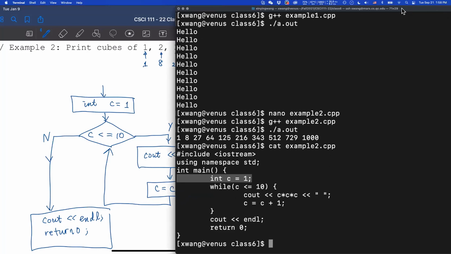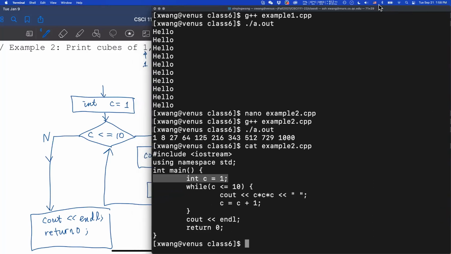Okay. Professor, I have a question. When you put the counter, is it always equal to 1 or does it change? It depends on the question, and it depends on how you want to set up the question. So in the previous example, you can use C to keep track of how many times you say hello already. So if you initialize C as the number of hellos you have,